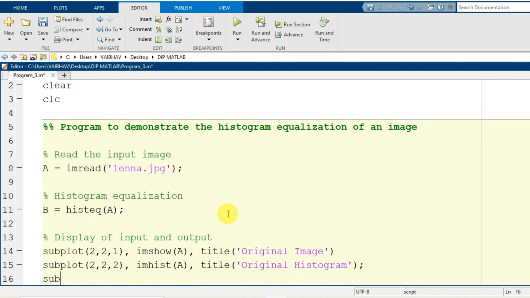Next, I will make the assignment to the next cell of the subplot, 2, 2, 3. Here I would like to show the histogram equalized image data, the resultant image.